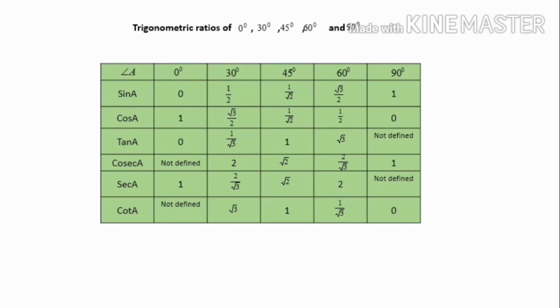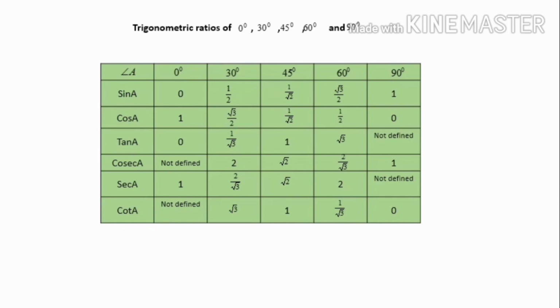From the examination point of view, there will be 1 or 2 questions from this topic. So you have to learn these trigonometric ratios of 0, 30, 45, 60 and 90 degrees compulsorily. Two options are there, either you have to learn by heart or you have to derive. Here I will share with you one shortcut. There are so many shortcuts. So one shortcut we will discuss on how to derive these values. You only have to learn by heart 5 values, that is 0, 1 by 2, 1 by root 2, root 3 by 2 and 1. These 5 values you have to learn by heart.